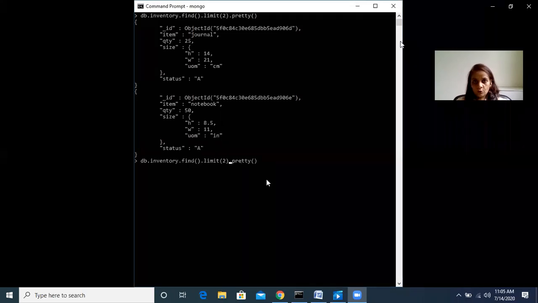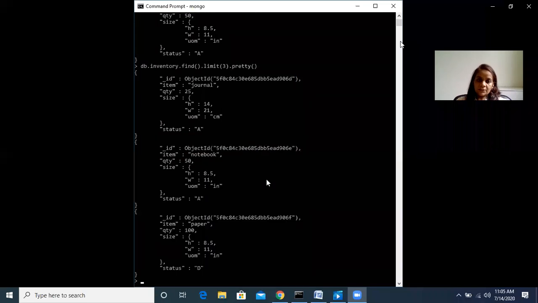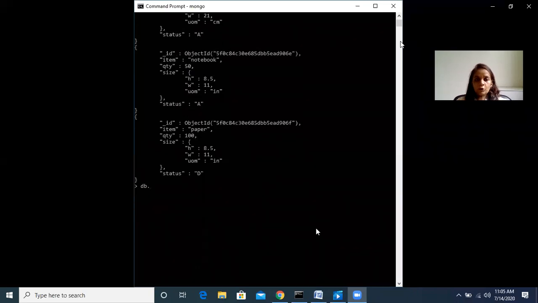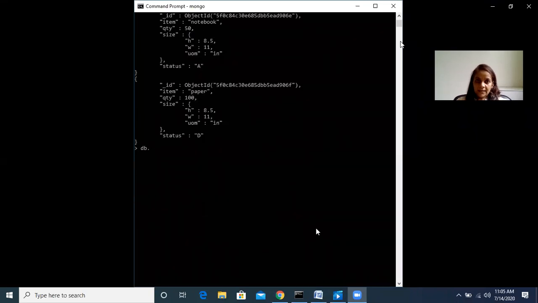And if you want to sort the records, then simply we can do one thing. Inside the find command, we will change the condition. Now let us do it by limiting 3. So it has limited the records to 3. 3 records are displayed. If inside find we wrote any condition, then it will work accordingly. First 2 or 3 records based on that condition also.